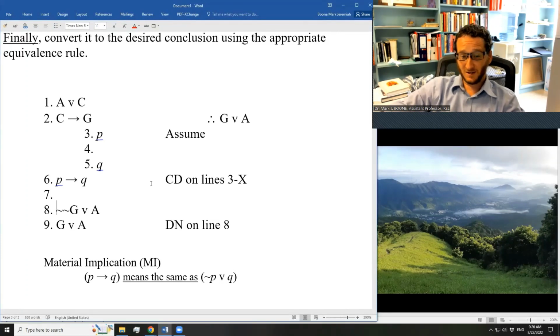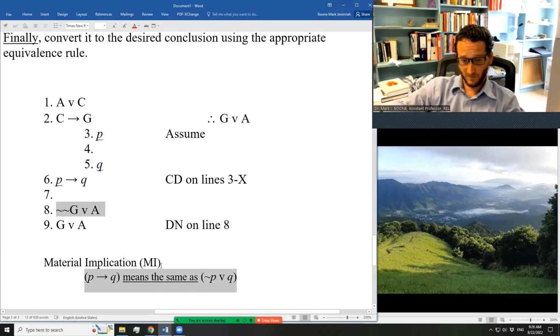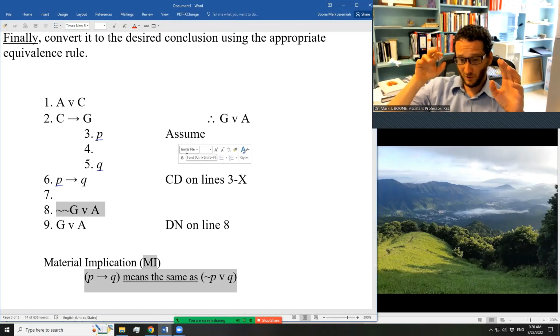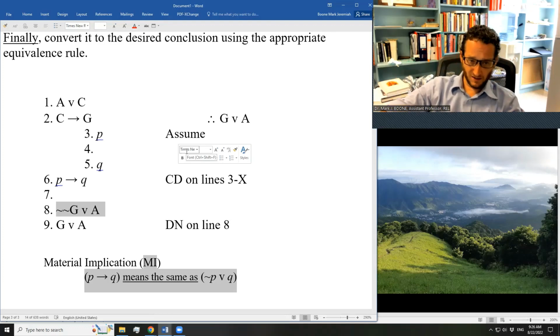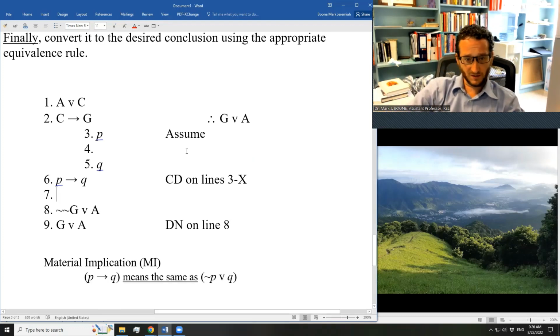And we're going to get tilde tilde G arrow A by this material implication rule. Material implication tells us P arrow Q means the same as tilde P or Q, where Q is going to stand for A, and P is going to stand for tilde G. In other words,